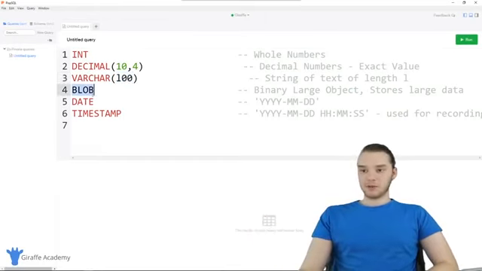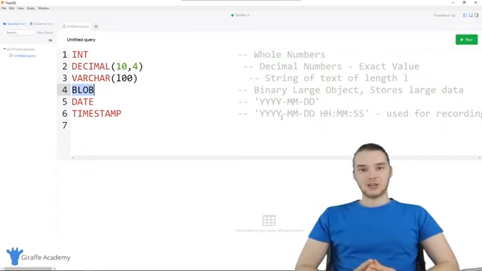And down here we have blob, which stands for binary large object. And this is basically just a structure that can store large amounts of binary data. So if you have, a lot of people will use these for like images or